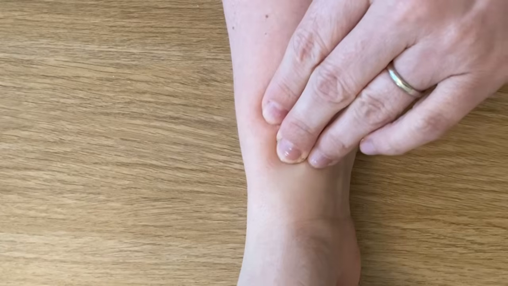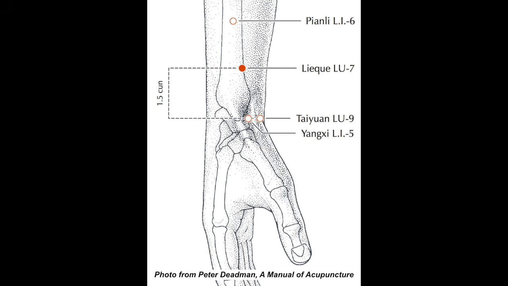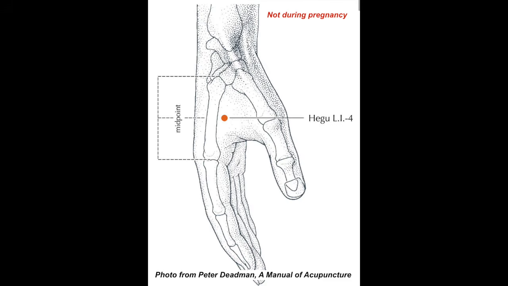And the lung channel, as I mentioned earlier, is paired with the large intestine channel. In fact, the large intestine channel begins where the lung channel ends. And this next point we're going to talk about, which is large intestine 4, is probably the most common acupressure point ever to be prescribed. We use the point a lot in acupuncture when we're doing treatments. It's very strong and has many different uses: headache, tooth pain, stomach issues, the list goes on.